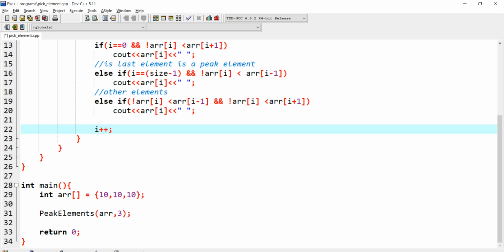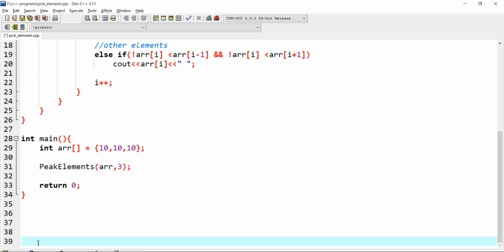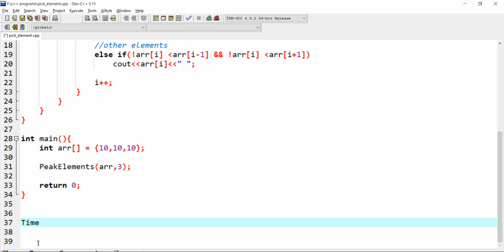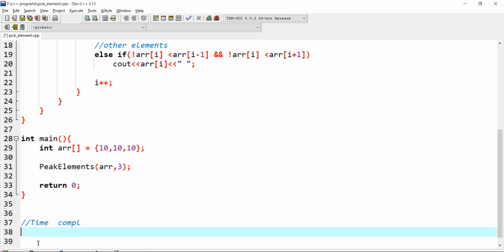Now, as for the time complexity of this program, obviously we are going to trace all the elements one by one. So the time complexity would be order of n, because we are considering all the elements and comparing them with neighbors.